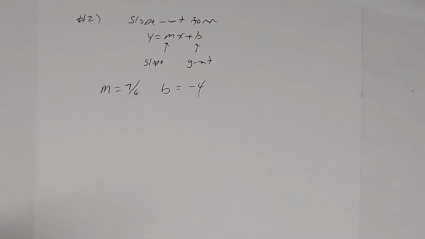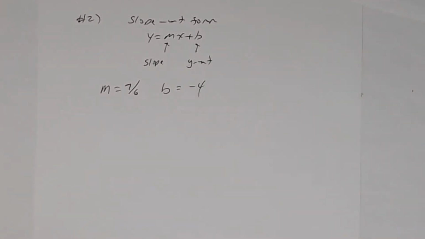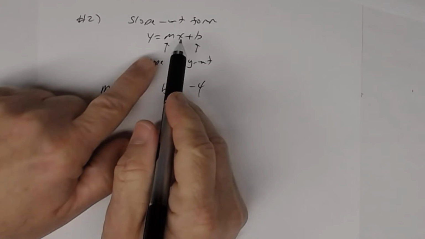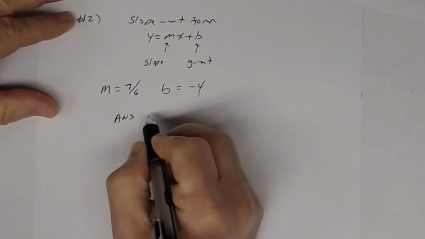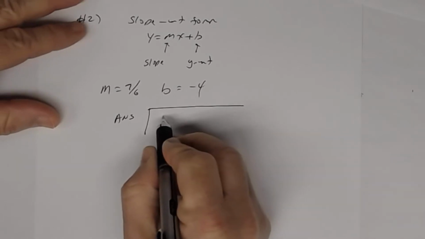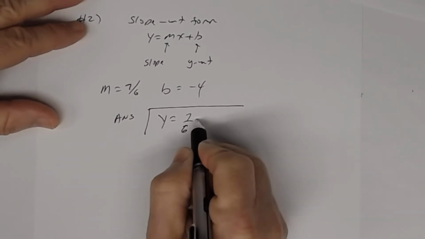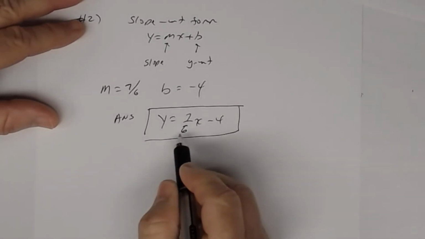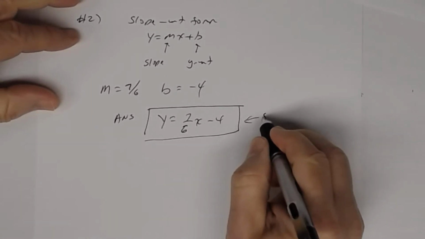So here's our answer. Once you found the slope, you already knew the y-intercept. Once you found the slope, it's just a matter of taking these two values and substituting them into your formula. So our answer in slope-intercept form will be y equals 7/6x, and then plus b, so minus 4. There's your answer, 7/6x minus 4. That's the answer. So that's slope-intercept form. All right, now,